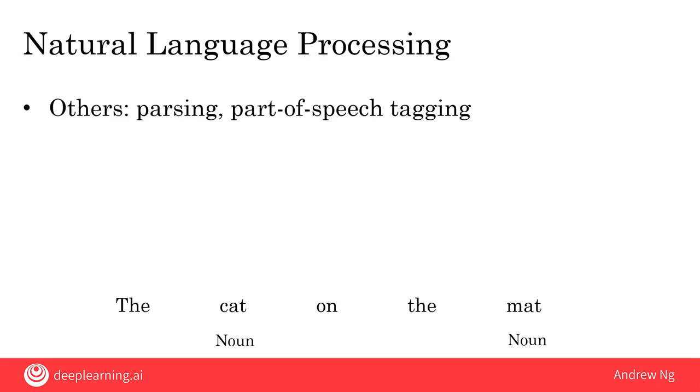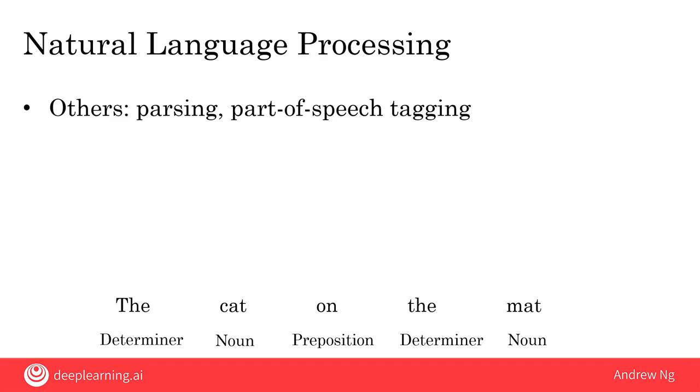According to the theory of English language, the word the is a determiner. Don't worry if you've never heard of a determiner before. This is a word from the theory of English language. And the word on is a preposition. So part-of-speech tagger will label these words like that. Well, why do you care?